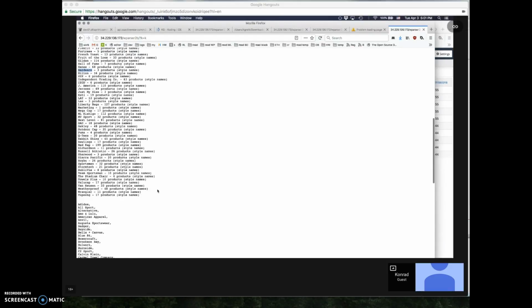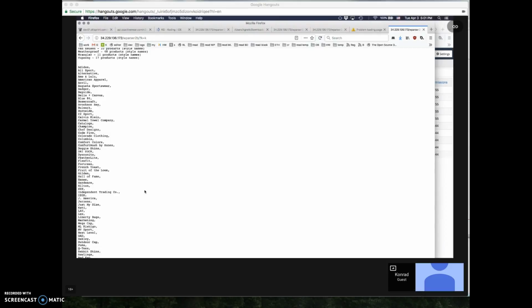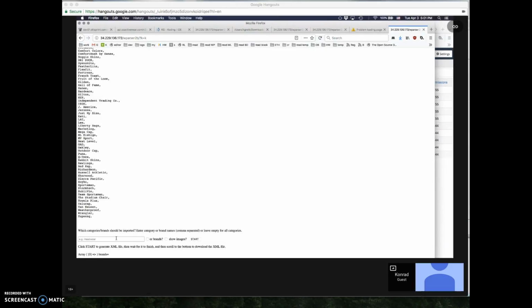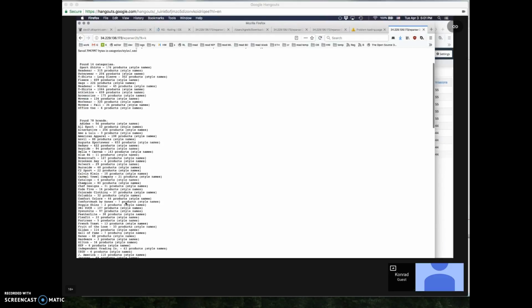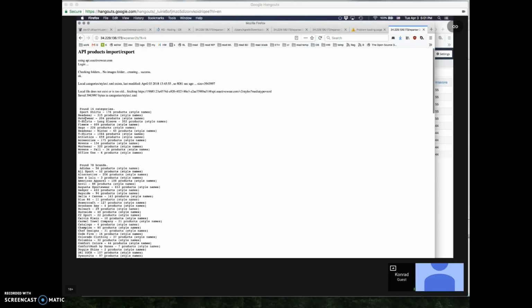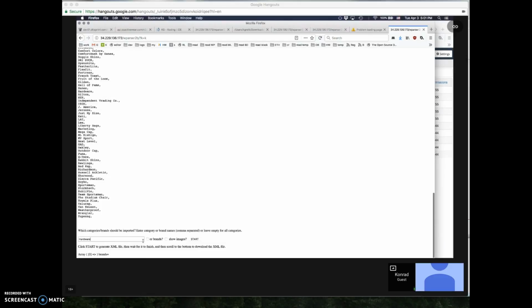Okay. You have the whole list of categories, and at the bottom of the screen, you would enter either the brand name or the category, like one of these categories. But this would take longer. Let's put here one brand name. We have to check that mark, and let's see if there are images. Just click start,